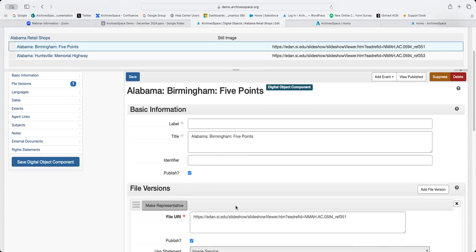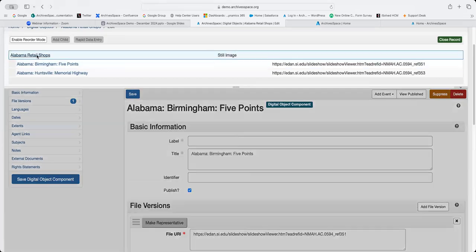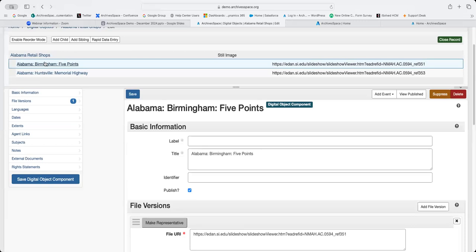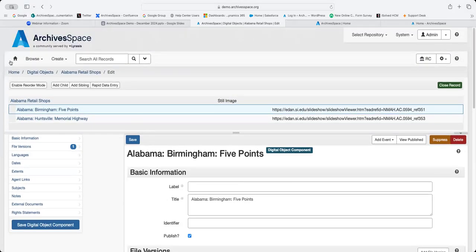So to my example before, we were talking about a scrapbook. You would include all the information about the scrapbook at the top. So it could be like the Jessica Crouch scrapbook, and then you would have pages 1 through 100 as child records below. Again, I really recommend checking out our trainings and things on YouTube related to digital objects.